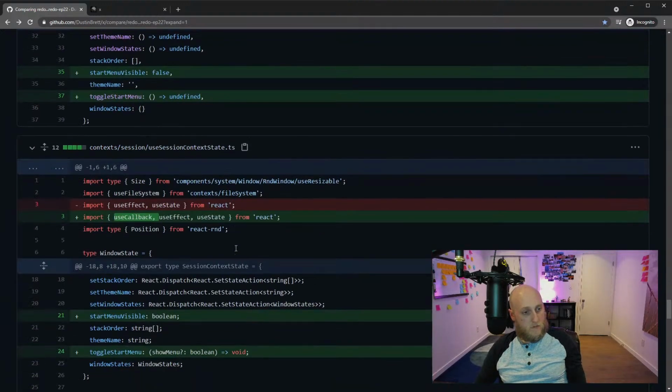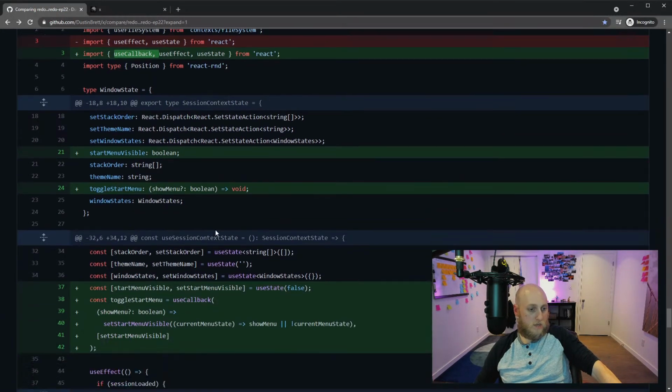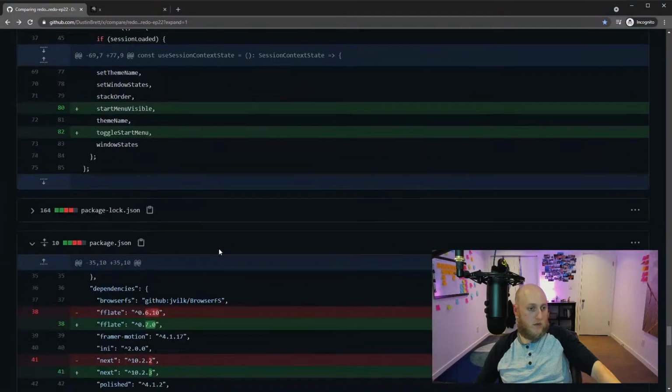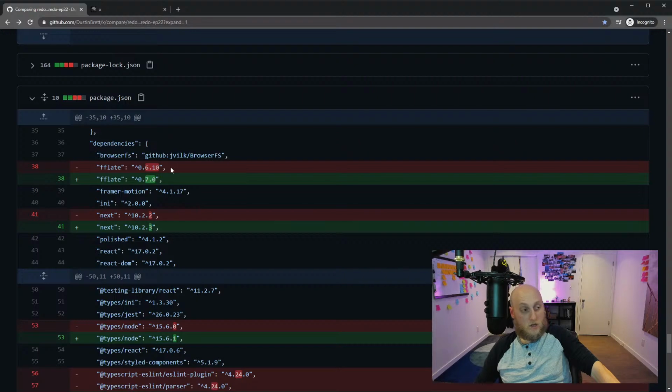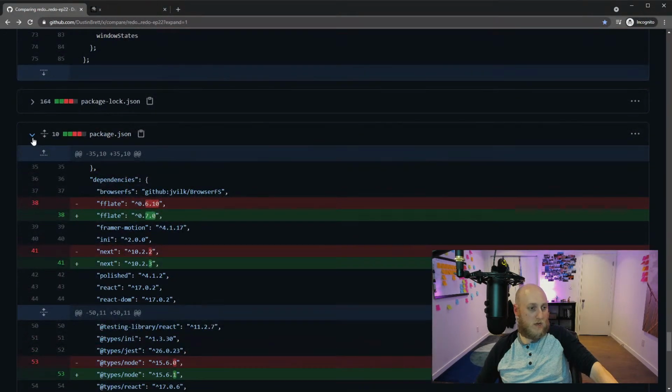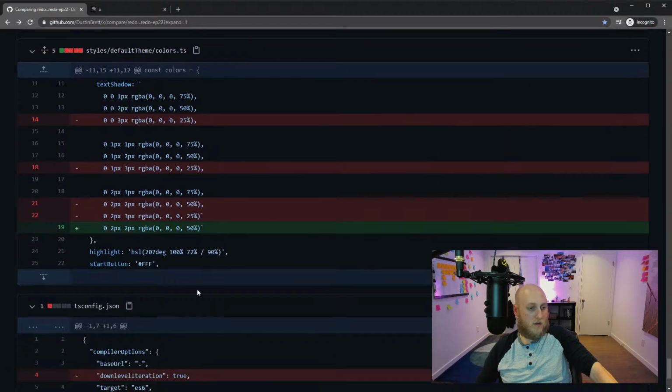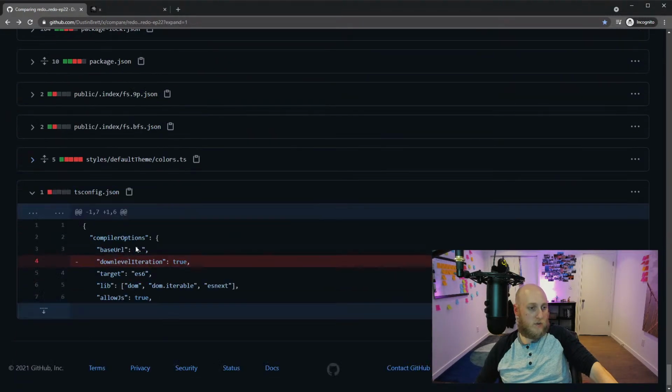This is back to the start menu, which we're going to get to. This is also the start menu. Yeah, this is this. We're going to save the state of the start menu opening in the session. So past me was able to get the package updated, but NPM, as we've said, is broken now, so I'm not even going to worry about that. We did the shadow here to the smaller shadow.